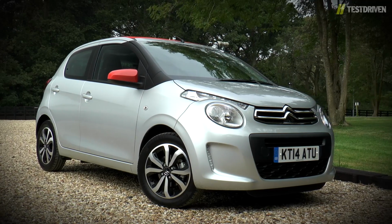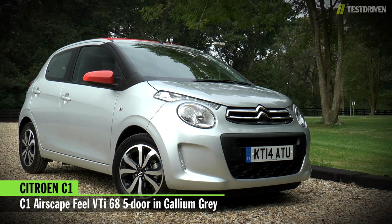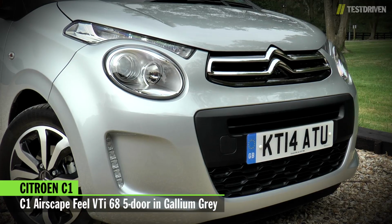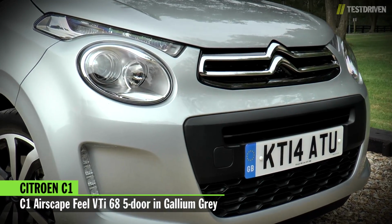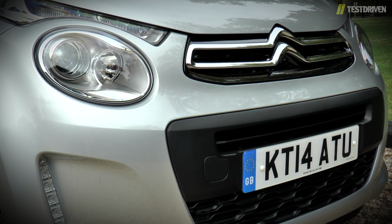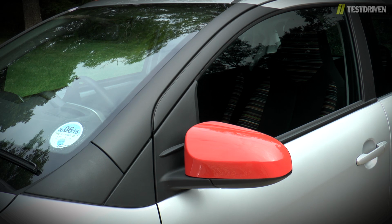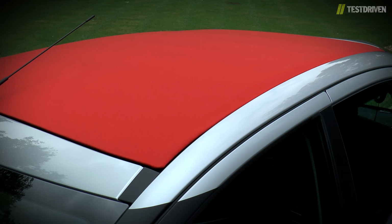The little fella with the cheeky face is the new Citroen C1, the French company's new Super Mini. Developed in conjunction with the Peugeot 108 and the Toyota Aygo, the C1 gets a look all of its own with a happy smiley front end design that features split level lights plus funky LED running lights in the front bumper. A neat design touch is the blackened A-pillar that creates the effect of a wraparound glass area, while Airscape